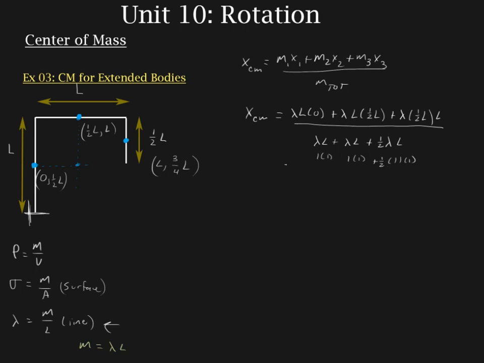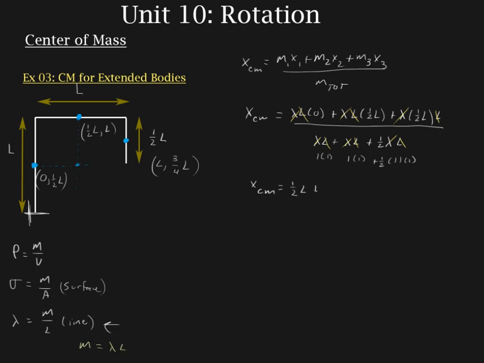Okay, so let me write that out a little more carefully. XCM is equal to, so there's a lambda in every term. Let's cancel out all of the lambdas. There's one L in every term, so we can cancel out one L from every term. And notice that that's going to leave us with just units of L, or meters, which is what we expect. That's what we need. Okay, so XCM becomes 1/2 L